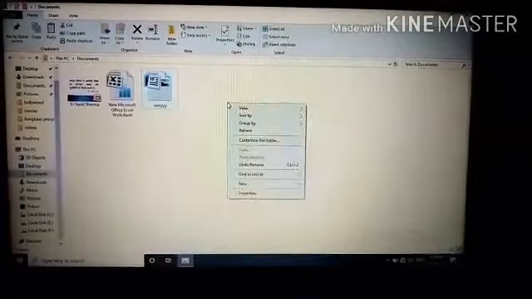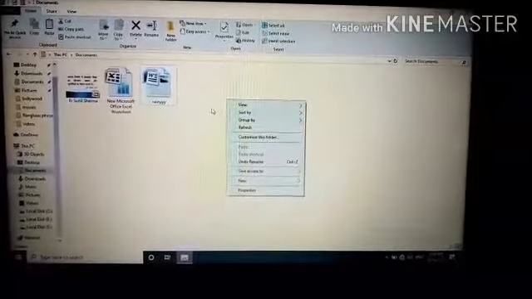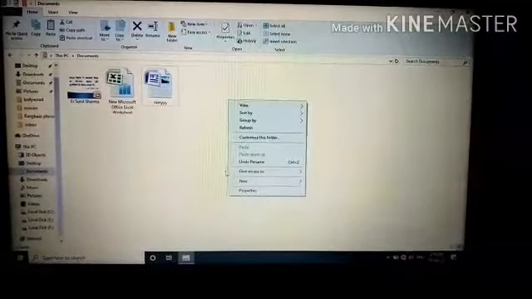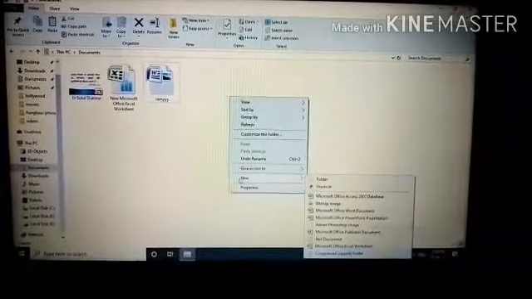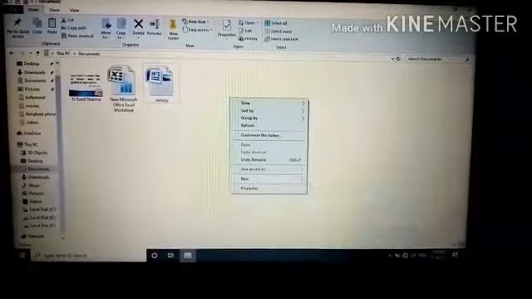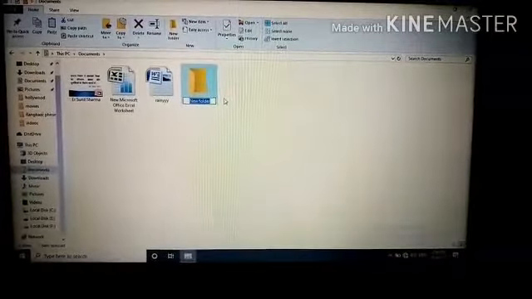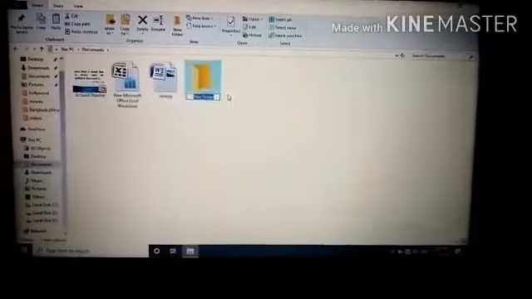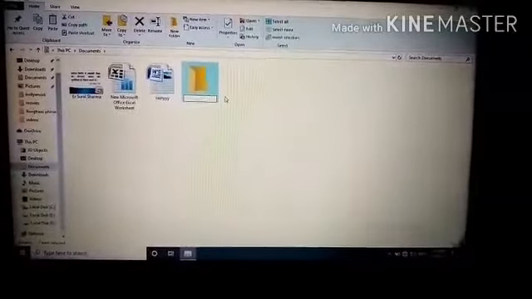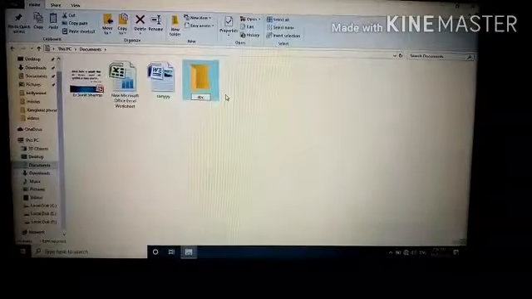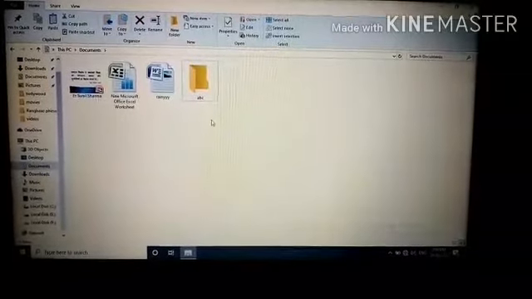First of all, right click on the screen, click New, and then click Folder. This is an empty folder. We can change this name to ABC. This is a folder name.